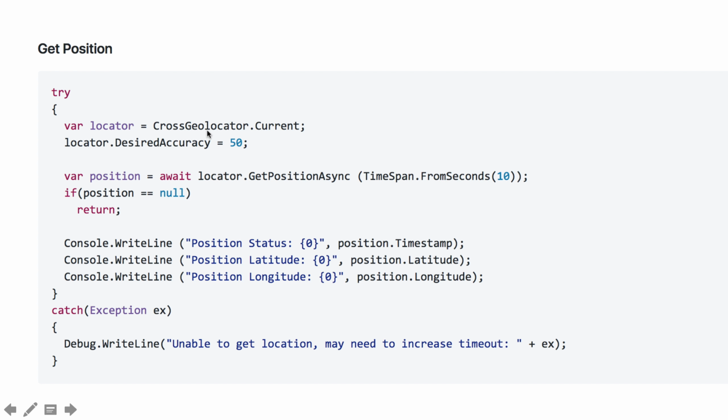After installing it of course in my Xamarin Forms application, I can access CrossGeolocator.Current. Then I set the desired accuracy right here, then use the method GetPositionAsync. And here I'm asking to get the position in 10 seconds. If that exceeds 10 seconds, then it will return null. Then we get that position, we get the latitude and longitude for our user. It's as simple as that. Just one line of code